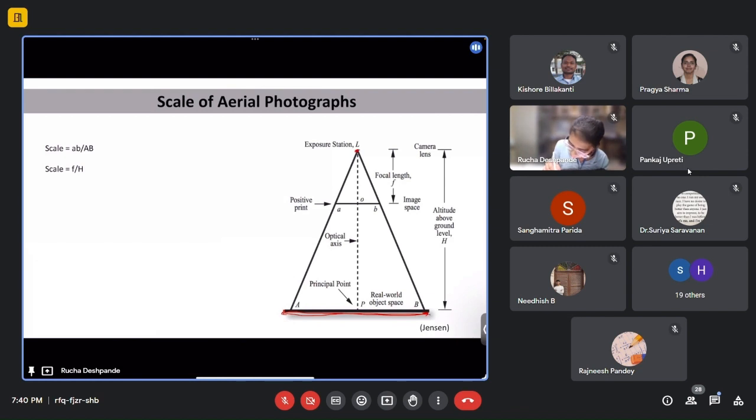So from here the photograph is being taken, and this is the focal length. So the positive print of the image would be formed over here, and then based on the similar triangles, scale is defined as the